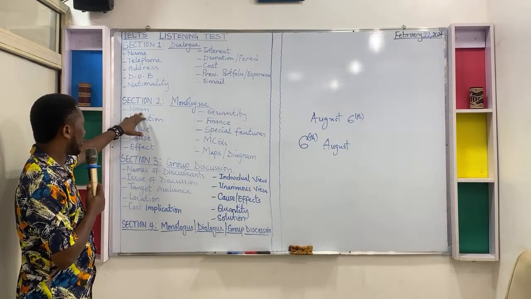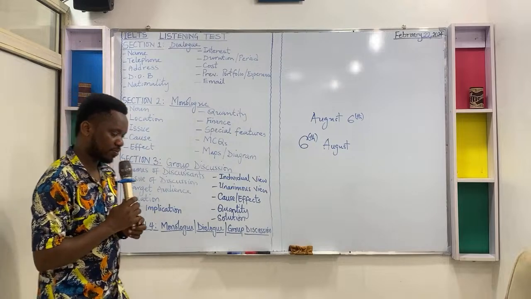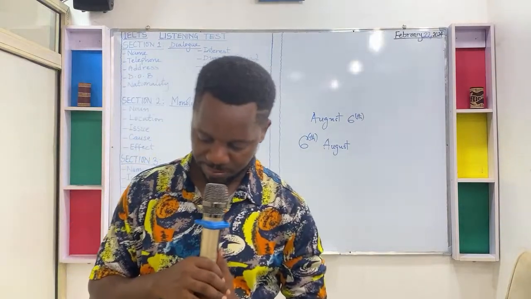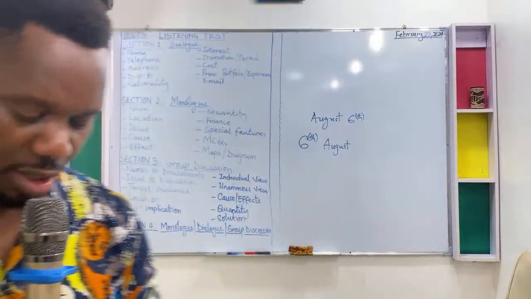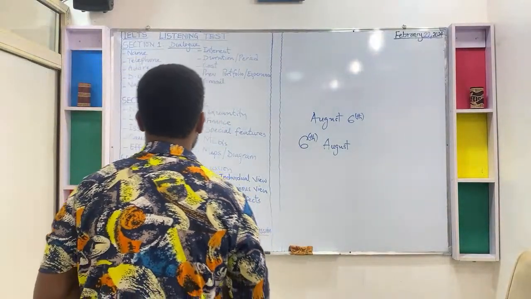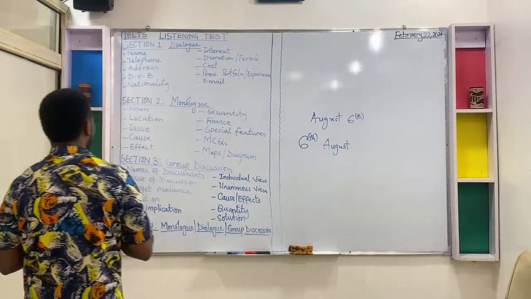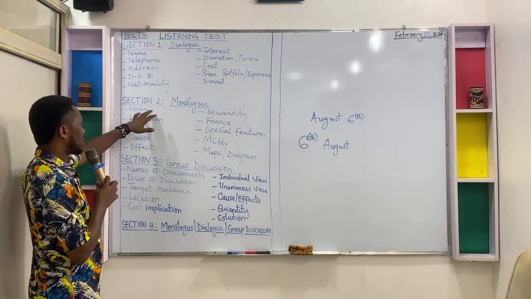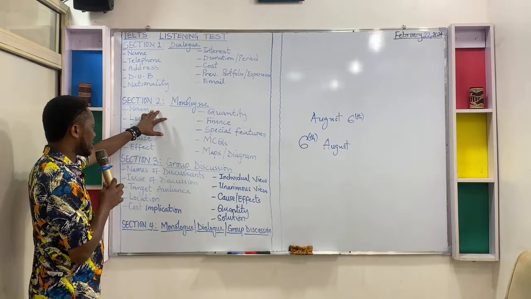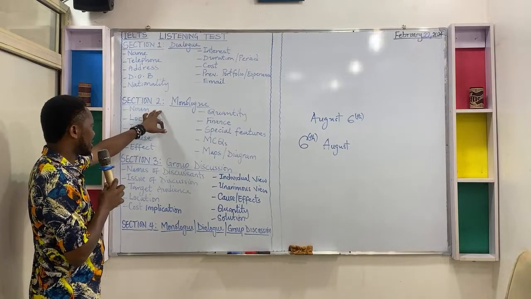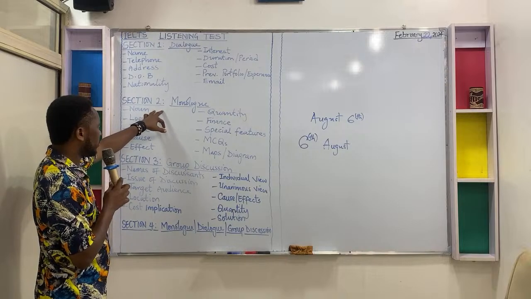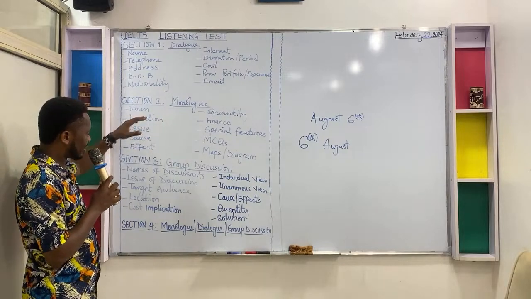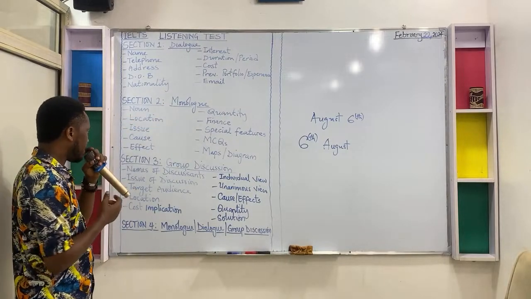Now, in section 2, we are looking at noun or nouns. So we know that nouns are naming words, right? Name of a person, name of a place, name of an animal, or name of a thing. So when the monologue opens up, you will have to listen to know what it is. Whether it's a scientist or a researcher, or a virus or a disease outbreak, or an invention or innovation, or a particular animal, or a particular culture, or a particular environment. So you have to listen and get that from the person giving the monologue.